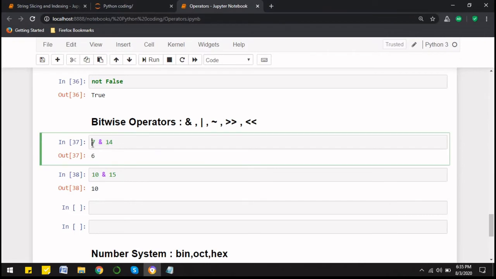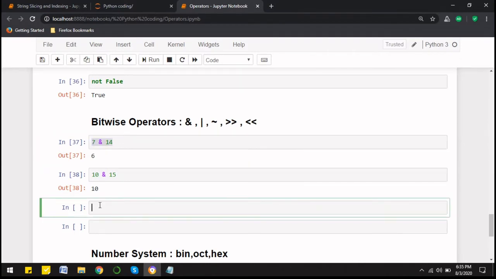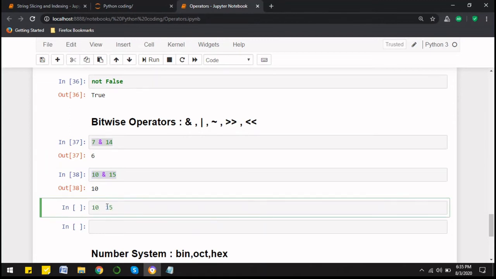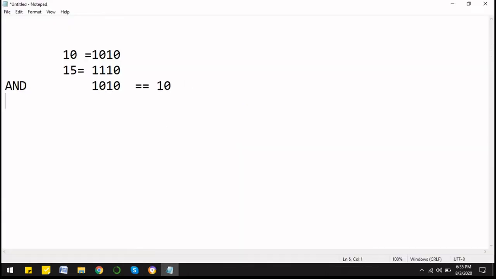Now coming to this OR operator. Now let's take this example first. So here now I am applying the OR operator. OR operator is denoted by this symbol. So if I want to explore the OR, in this case this will be 1 because both of them are 1, so output will be 1. If any one of them is 1, then also the output will be 1 in case of OR. Both are 1, so output will be 1, and both of them are 0, so output will be 0. So the decimal value of this is 14.